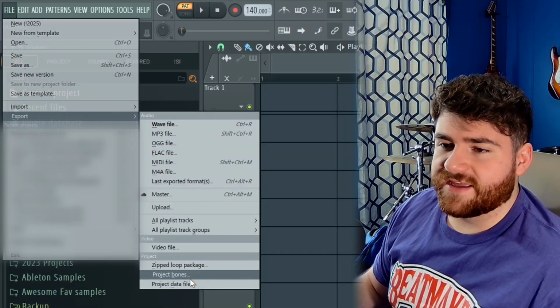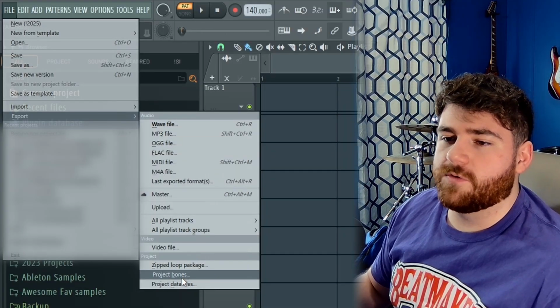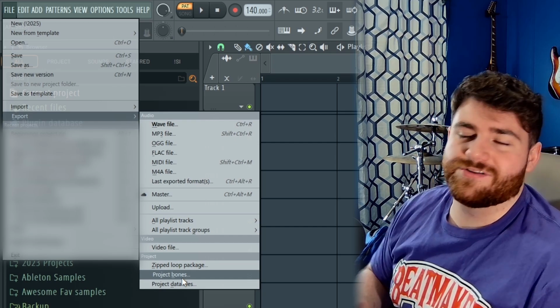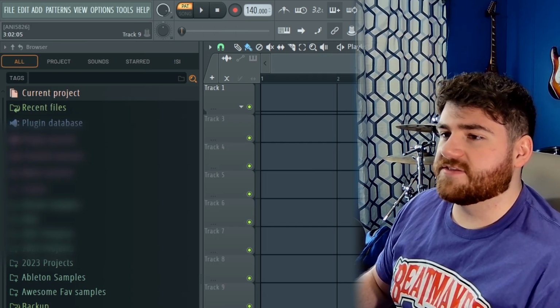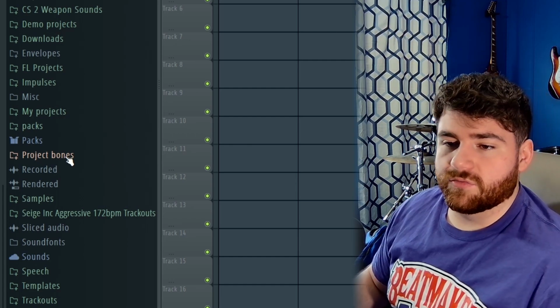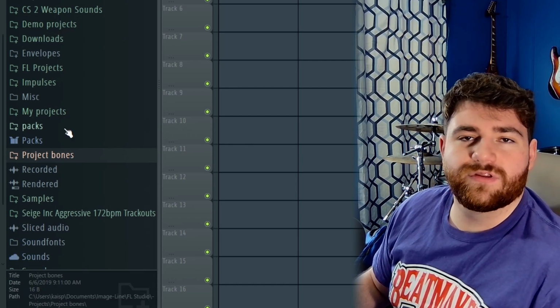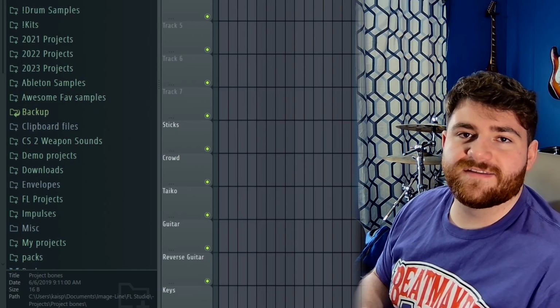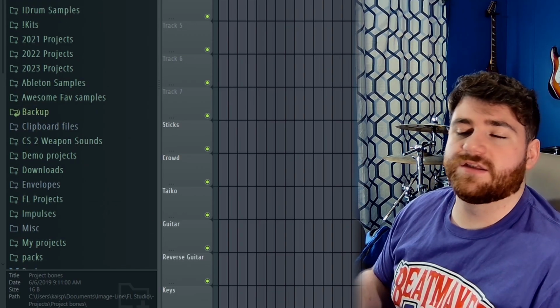So, I've always seen that here in the project export menu, and I just kind of figured, well, Project Bones, surely it's like the structure of a project. Obviously, that just makes sense. And it's also a folder down here in the browser that I've never really thought to click on or anything. And I don't really even recall seeing it before I ended up exporting this. So I want to show you all what this does and how you can effectively use it in your own